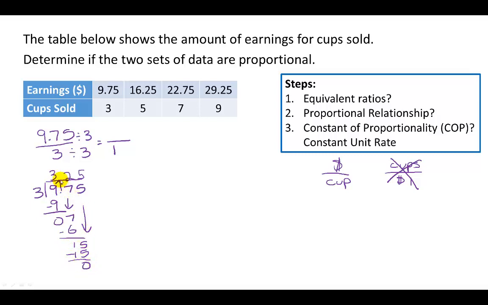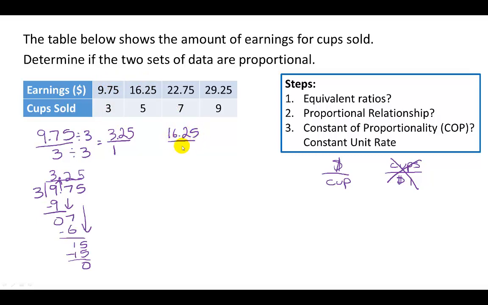And we need to bring up the decimal. So we find $3.25 for 1 cup sold. That is for our first entry. Looking now at